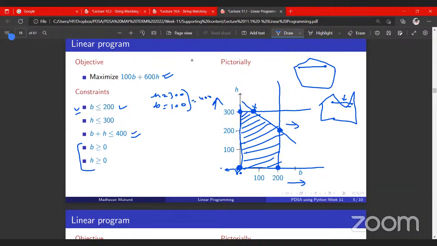We can put this value inside this expression. So 100 into b, so this is 100 plus 600 into 300. What value are we coming to? 10,000, and this is 18 times 0 plus 10. This becomes 190,000. So for this point we are getting 1,90,000, and we will also check for this